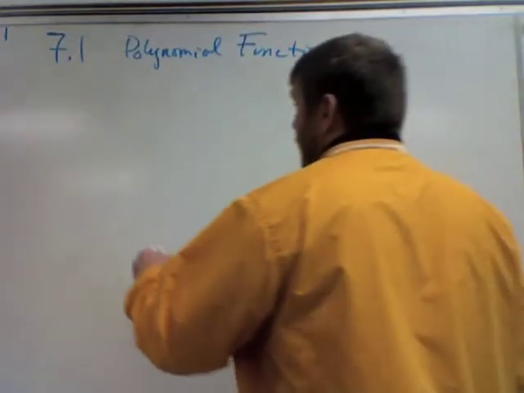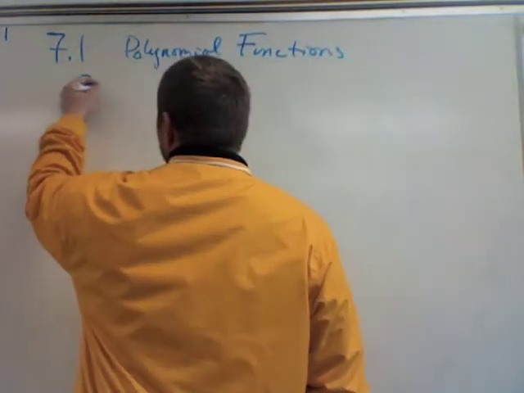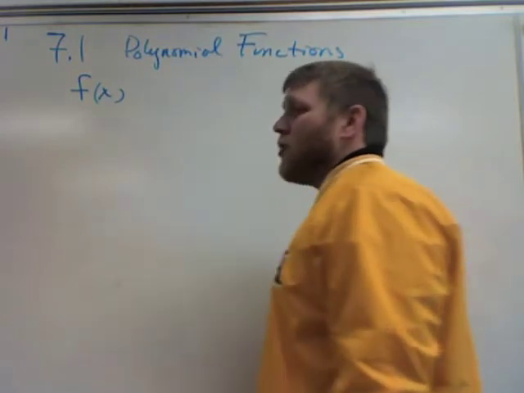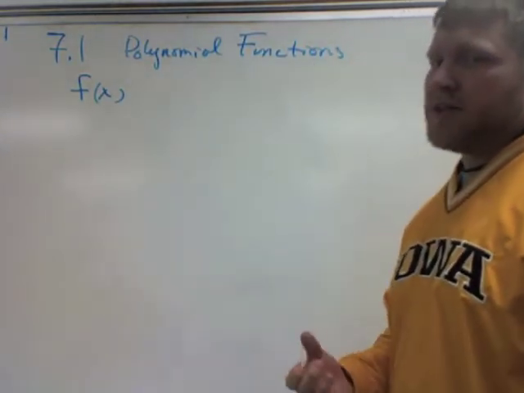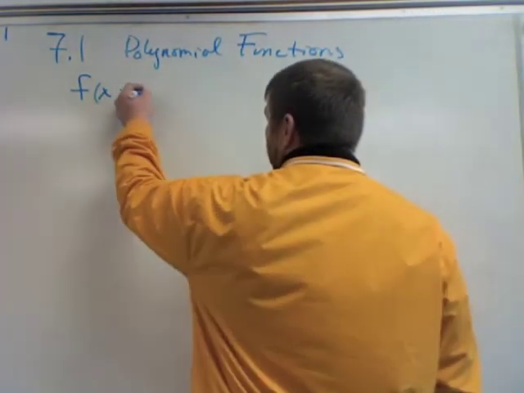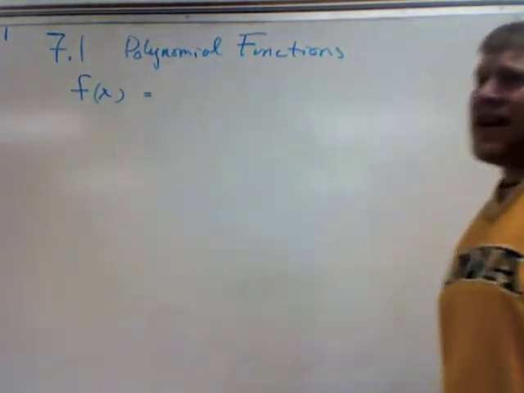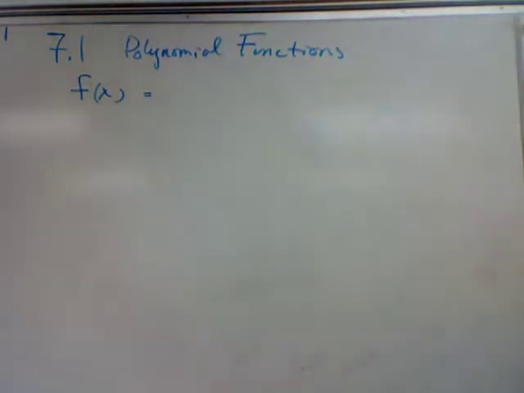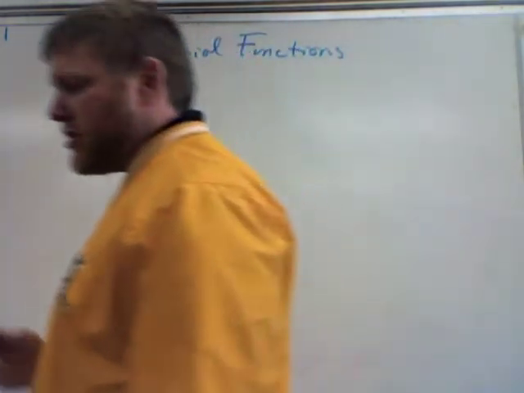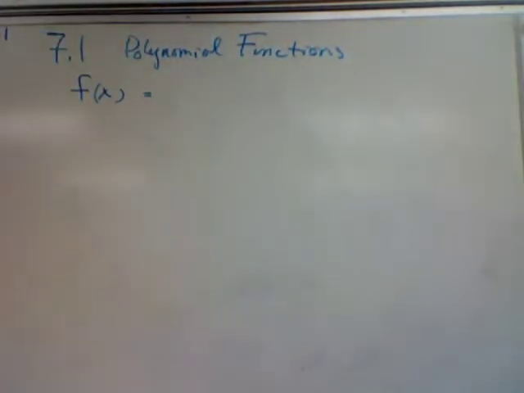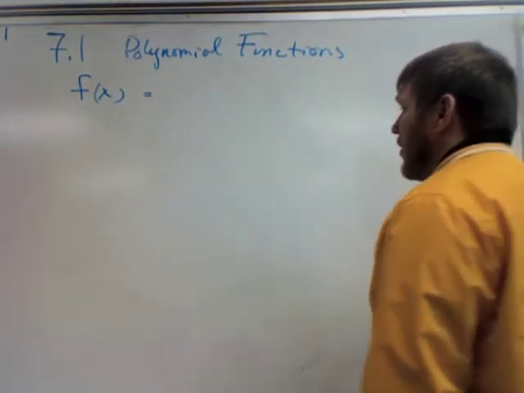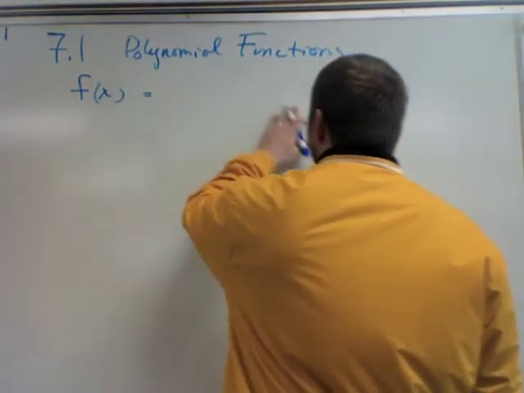Just the definition of a polynomial function. We always record a function in a particular order, and we always give it a name, whether it's f of x. We don't really call a function y or y equals; that's more of a two-variable equation. We usually call it f of x, g of x, h of x, a more familiar name. So, f of x, and then everything from there on is